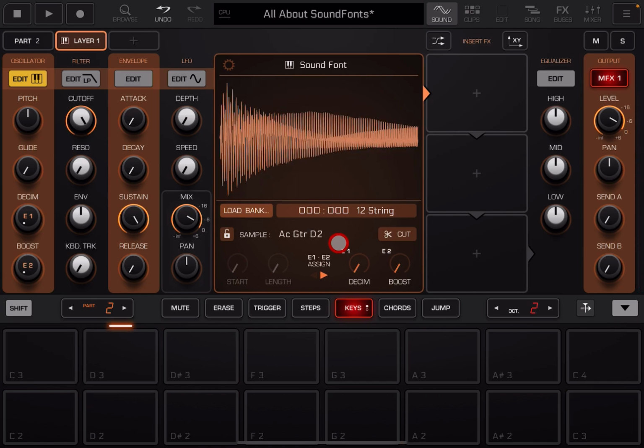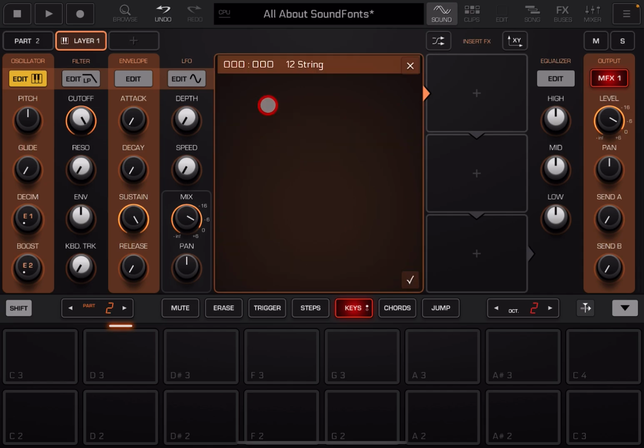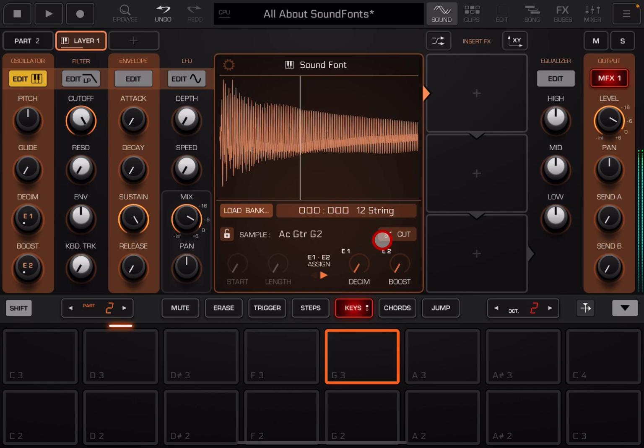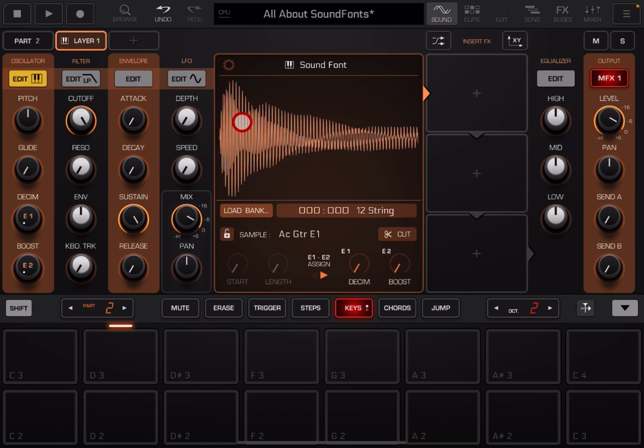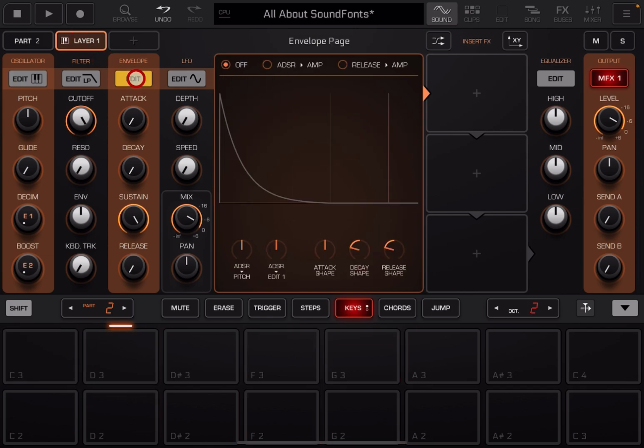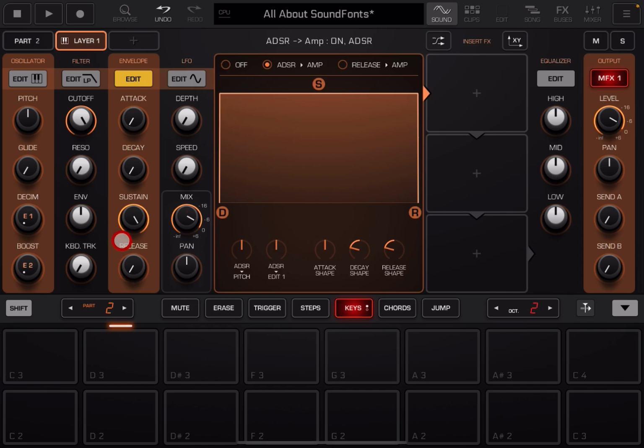Now, SoundFonts, some of them are absolutely terrible. Some of them are just crap. And some of them are really great. Now, if we open this up, you'll see that there is only the one sound in this particular SoundFont bank, but you can tell it's multi-sample. But if we hit our envelope here and switch our ADSR on,